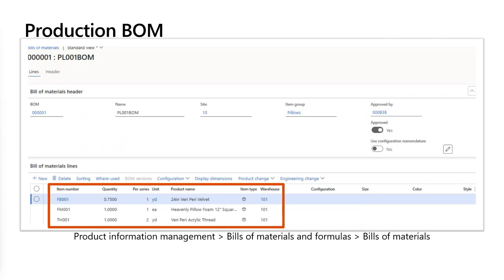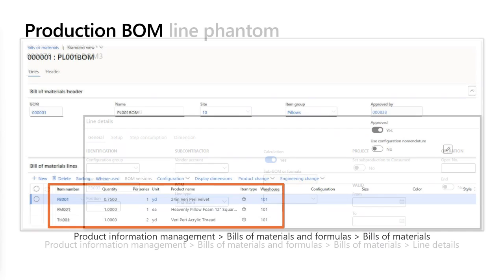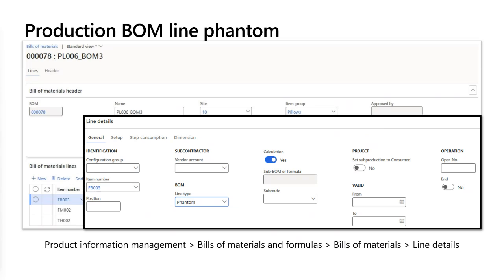The list of components that are used in this pillow bill of material are listed in the line section with the quantity required per series, unit, and the warehouse where the items will be picked from. In the line details of the BOM line, we offer the option to choose the line type phantom, for this sample,